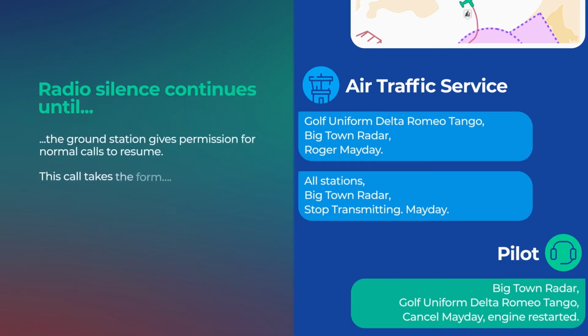When appropriate, the ground station can be expected to give permission for normal calls to resume. For example,